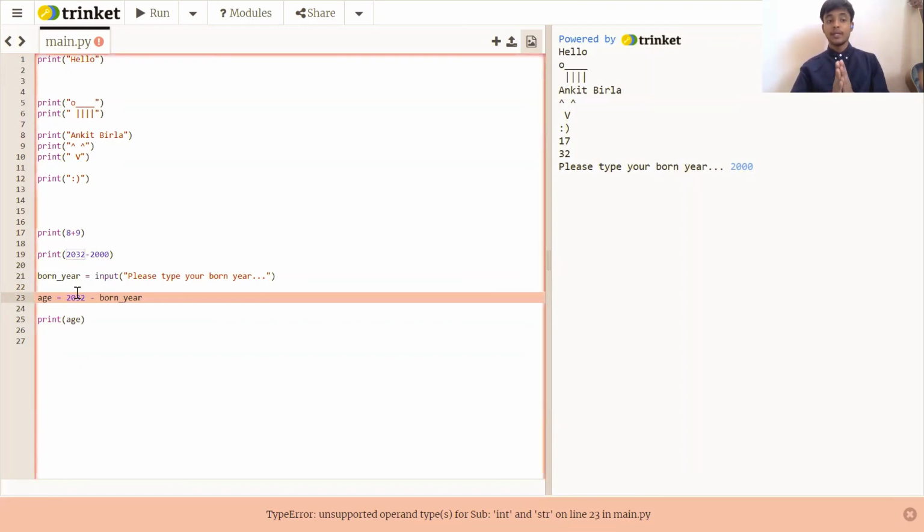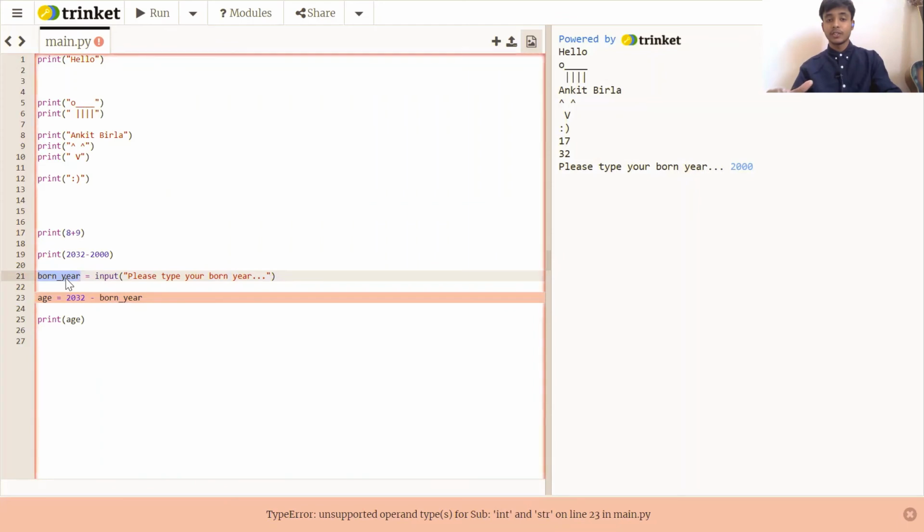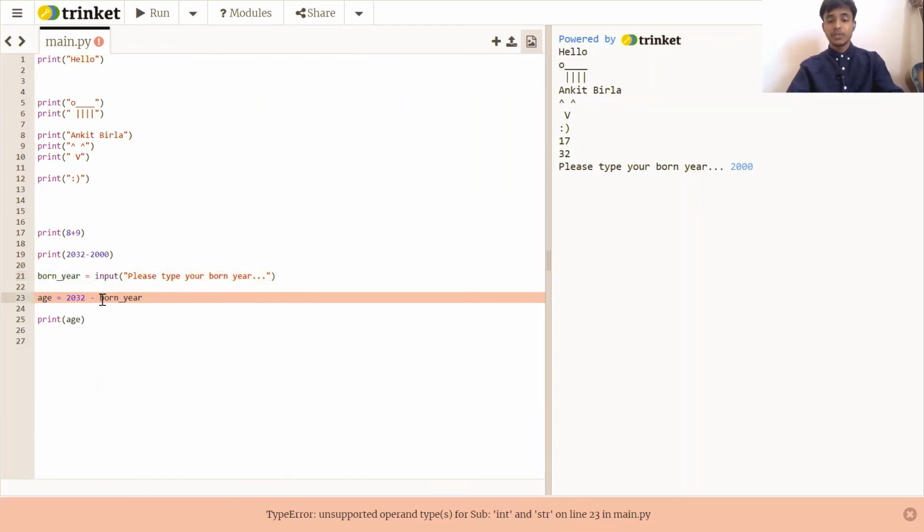So for doing the calculation, like any addition, subtraction, we also need to change the data which is returning from the input and which is stored in the born year variable into the integer. And for converting the data type from the string to integer, just use the int function. Okay. So the data in the born year variable is in the string format, and for converting this one into the integer for performing the calculation, just use the int function,